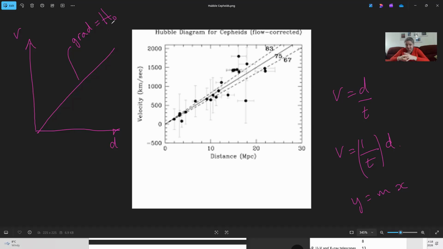And this period depends on how absolutely big the star is, how much mass it has. If you know the period, and you know how bright it appears to be, the apparent magnitude,